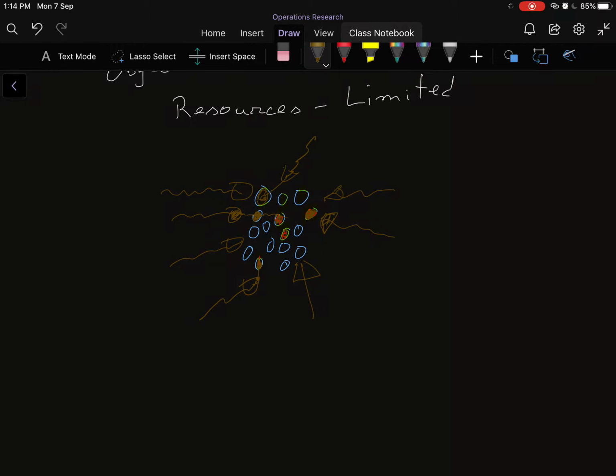Now, in any cancer treatment, our sole purpose is to damage as many cancer cells as possible, whereas at the same time we need to ensure that the healthy cells remain healthy and do not get hit by any type of radiation. So here our objective is to maximize the impact of radiation on cancer cells and minimize the impact of radiation on these healthy cells with limited resource.